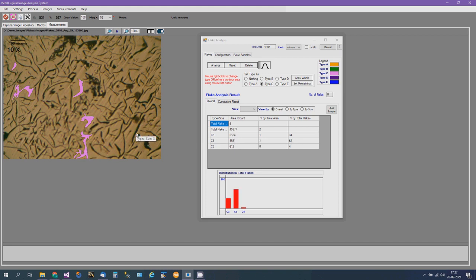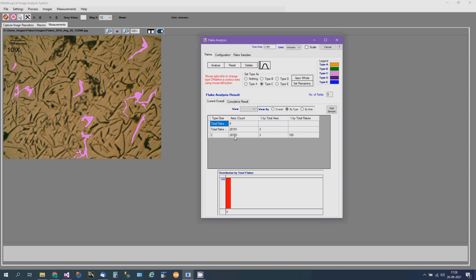Mouse right click on these features, and they will all be marked accordingly. Similarly, if you look here, you can see that it is correspondingly updated overall. First letter is the type, second letter is the size. Type C size 3, type C size 4, type C size 5. If you want to view by type only, all are type C, whatever we have selected right now. If you want to see by size, you can see like this. Overall, you can show these classifications.